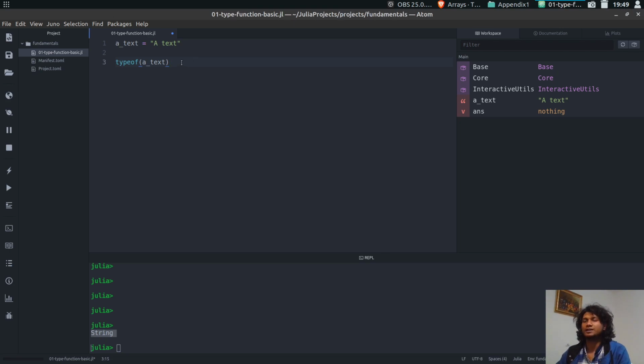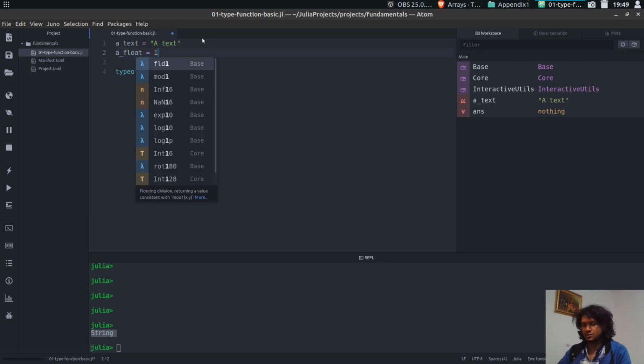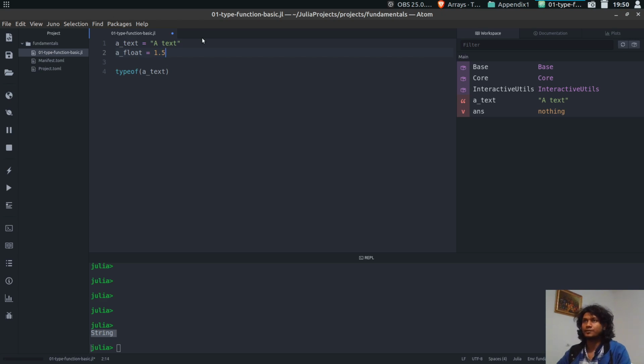So we can create an integer or a float. If I write a float equal 1.5, and then typeof a float, that's a Float64. So we can see that function is very handy to check which variable has which type. Now more complex types will be using these basic types to create a composite type,